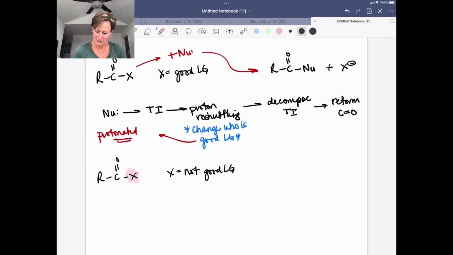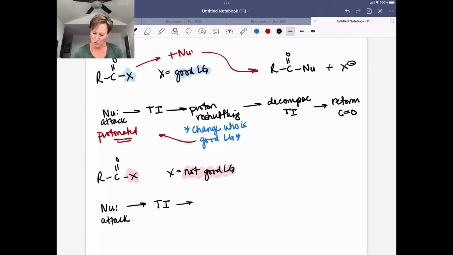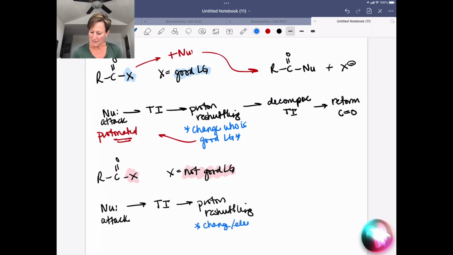Okay, and let's kind of highlight and keep our kind of color scheme going here that this was a good leaving group. Okay, so what's going to happen now is we're still going to have nucleophilic attack. I should have put nucleophilic attack there. So nucleophilic attack is still the first step. We still form a tetrahedral intermediate. We're still going to do proton reshuffling. And here's where things become different, because even though the purpose of that proton reshuffling is to change or eliminate